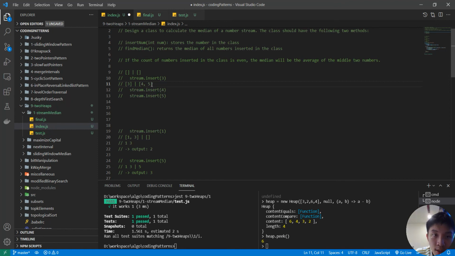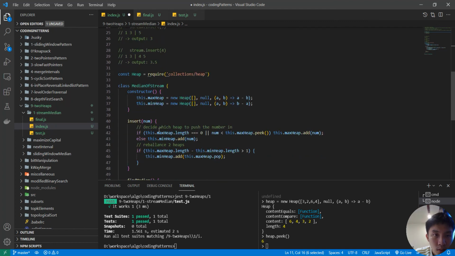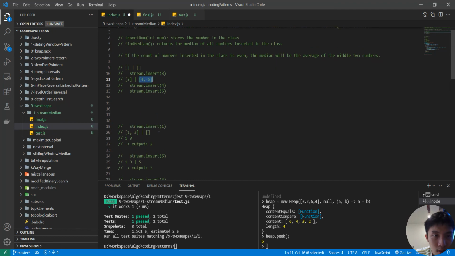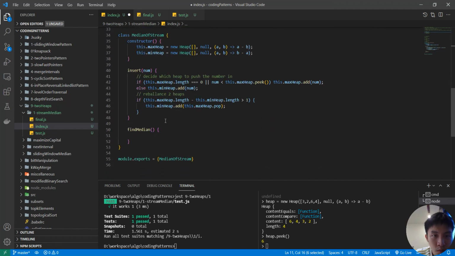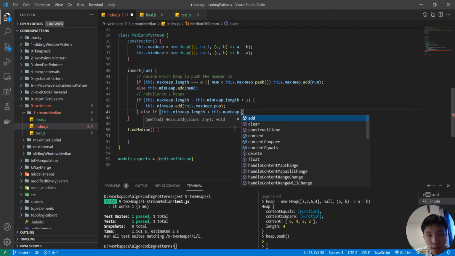So that can be the case when the min heap has more than the max heap. So else if min heap length is greater than max heap length,